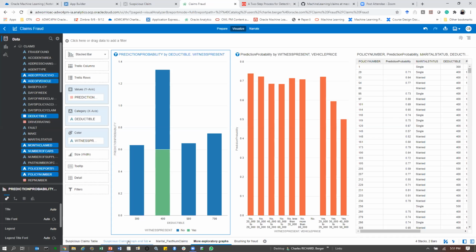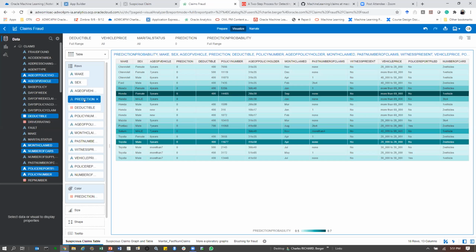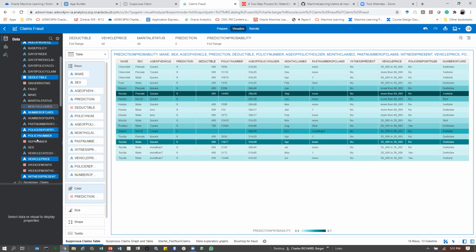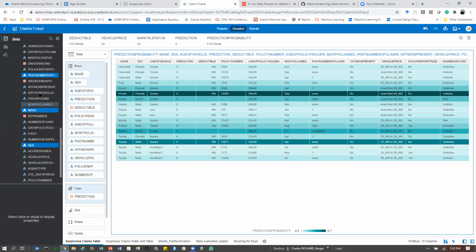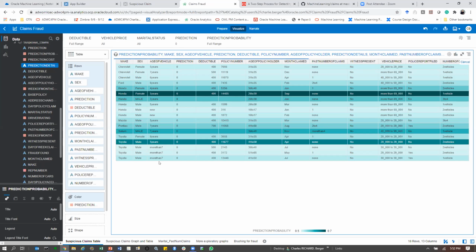So, oh yeah, finally back over here. I was going to take this, and I wanted to show, remember, Do-Hoon was showing the prediction details. I think that is what I was looking for here. Do I have prediction details? I could also add the prediction details in here somewhere. I'm not seeing it right here. Is prediction details. So if I put that in here somewhere, then I can also see for each person what